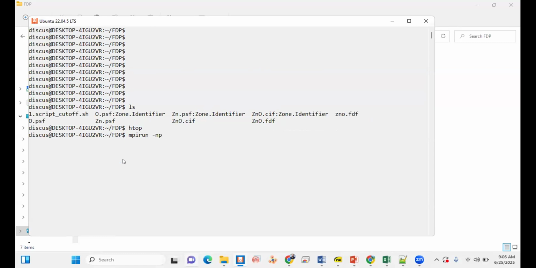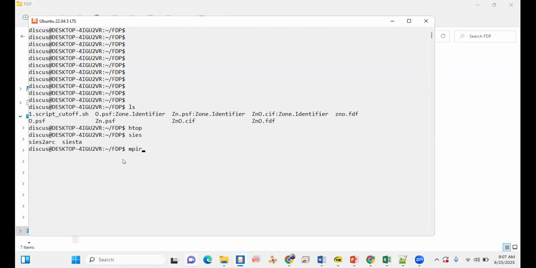So at the moment I will choose 2. And then I will use the executable siesta because I checked it before. If you don't remember what your executable is, you can type siesta and double tab. If it shows siesta here, it means your executable is there and you can use it.